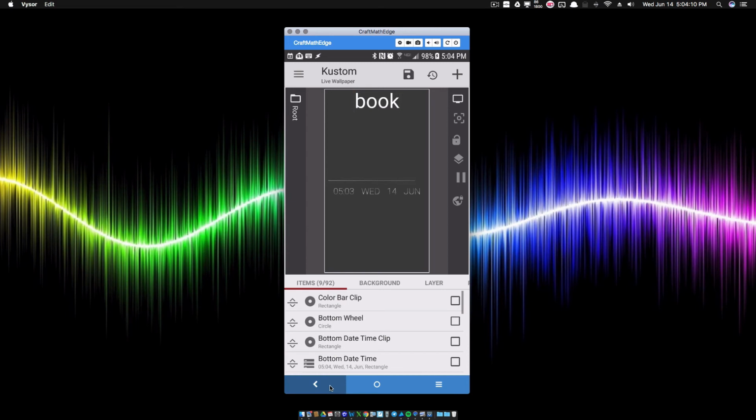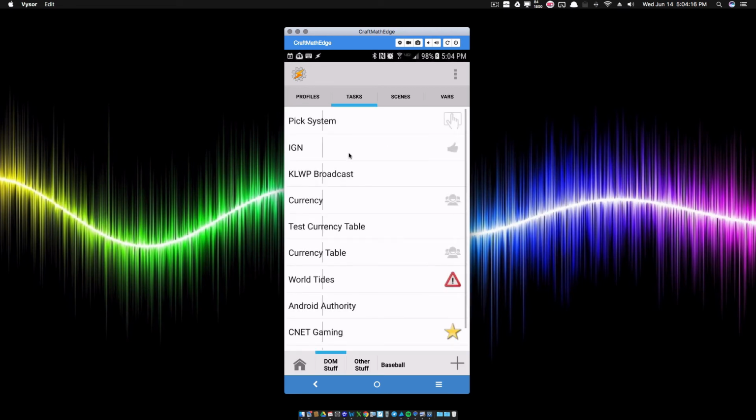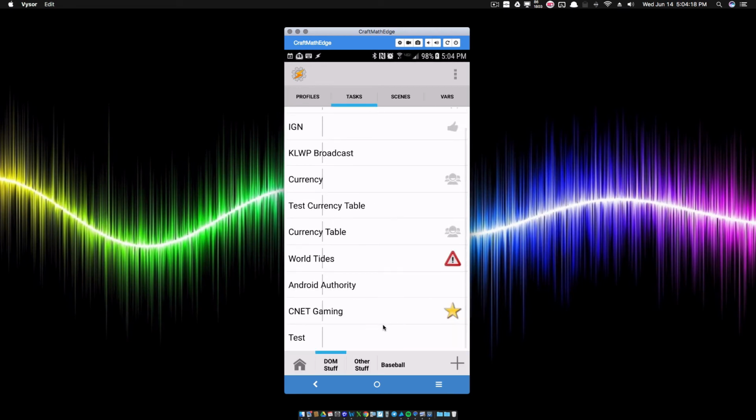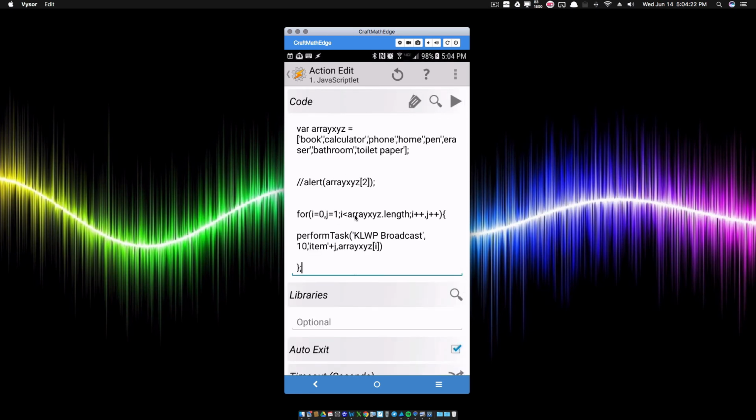A way we can loop through this is, let me see what I want to do here. I'm going to go back into Tasker, and let's go to Test. What I'm going to do is a perform task here. I'm not going to put this inside of my loop. So I'm going to do perform task